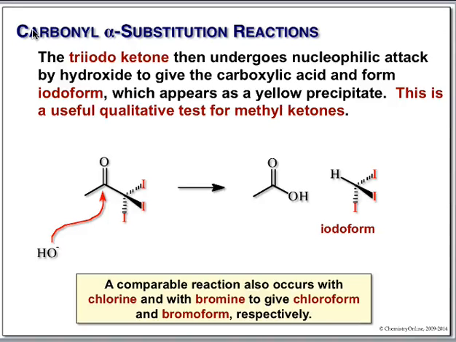What do you use that for? If you have an unknown compound in lab and you want to know what it is, you do a bunch of tests. You could do the Tollens test to see if it's an aldehyde, do the iodoform test to see if it's a methyl ketone, et cetera. There's a huge flow chart, an entire science. We're doing simple tests like this to figure out what kind of compound you have. It's actually a wonderful course. But